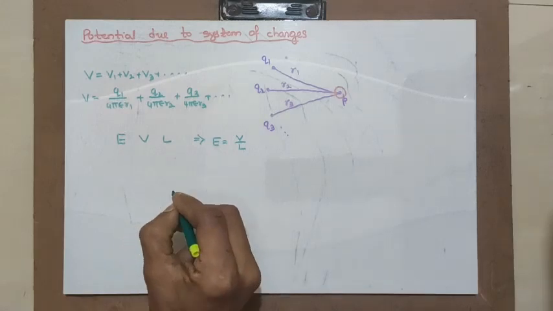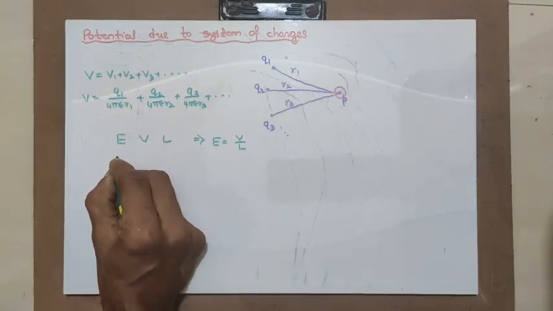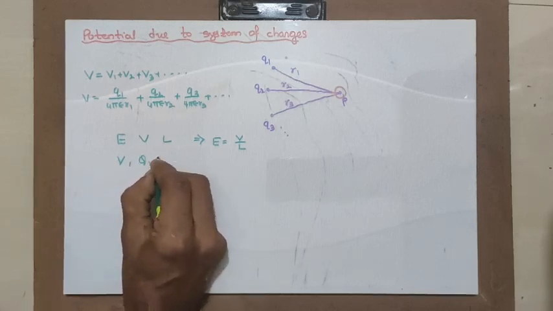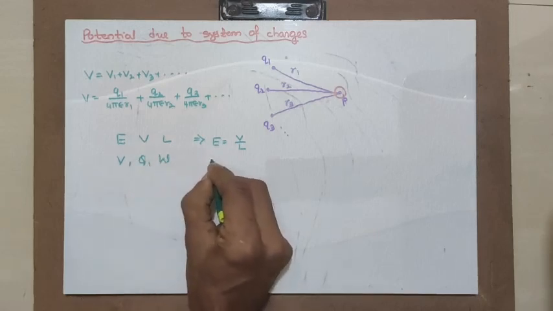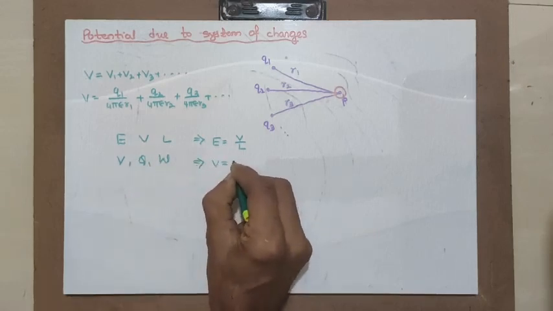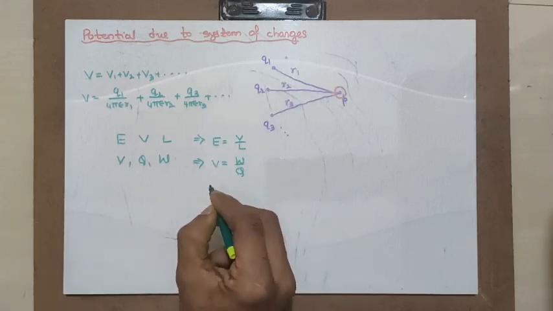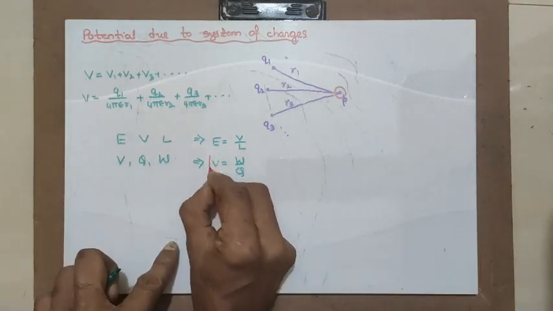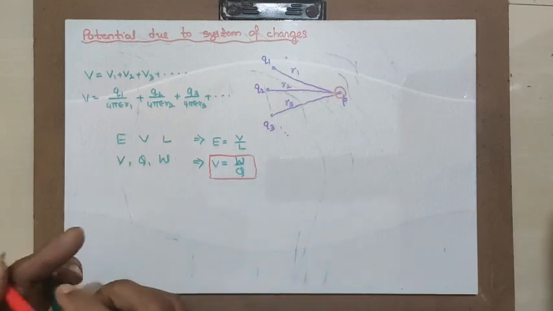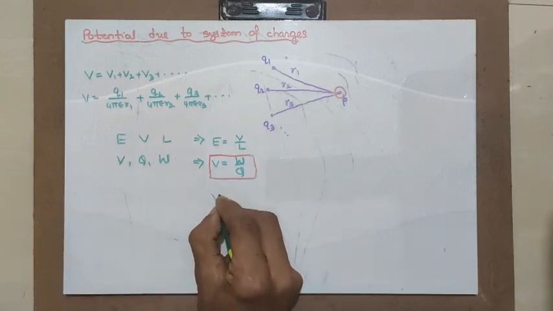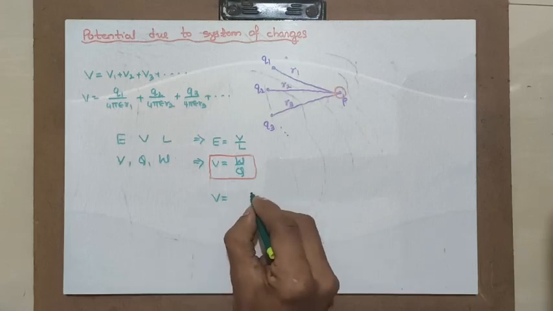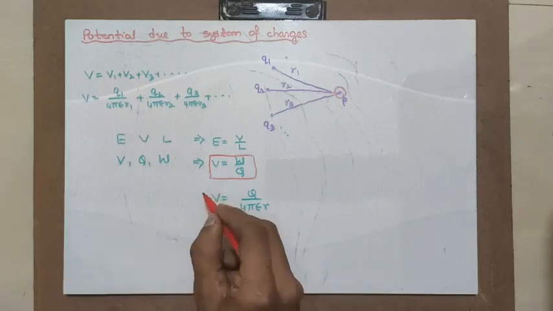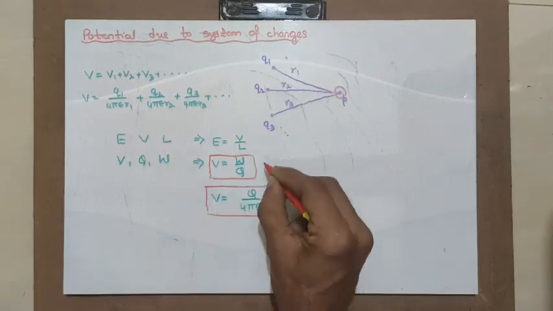Similarly, we have understood another concept, that potential, charge and work done are related. What is potential? Potential is work done per charge. These two are importantly related. Out of that, this is the takeaway. Similarly another important formula is voltage due to a point charge, or potential due to a point charge, is Q upon 4 pi epsilon r, where r is the distance where you are finding it out. These two are very important.